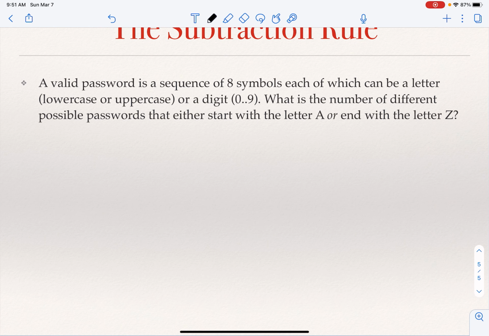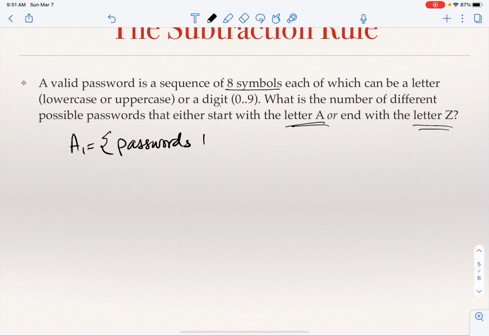A valid password is a sequence of 8 symbols, okay? It cannot be 6, 7, or 8, it's 8 symbols, each of which can be a letter, lower or uppercase, or a digit, 0 to 9. What's the number of different possible passwords that either start with A or end with Z? So now, if I look at A1 as the passwords that start with A, and A2, the passwords that end with Z,